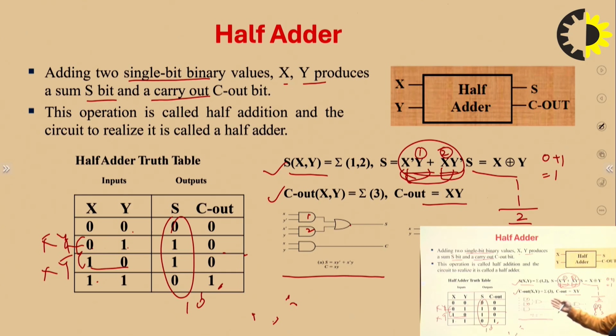If we have to make this using an XOR gate, we can replace this sum part with an XOR gate, because this whole is an XOR gate. So we give X and Y directly to an XOR gate and get S, the sum. Similarly, for carry we use a simple AND gate, which is a multiplication of X and Y. So I think this is clear to you now.